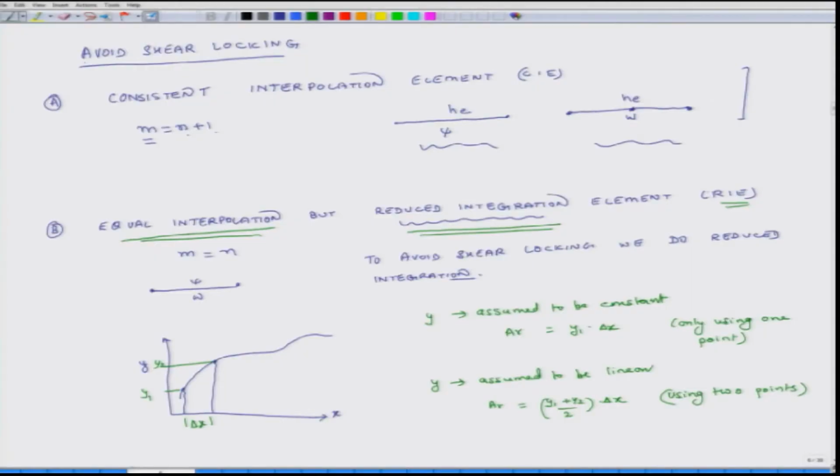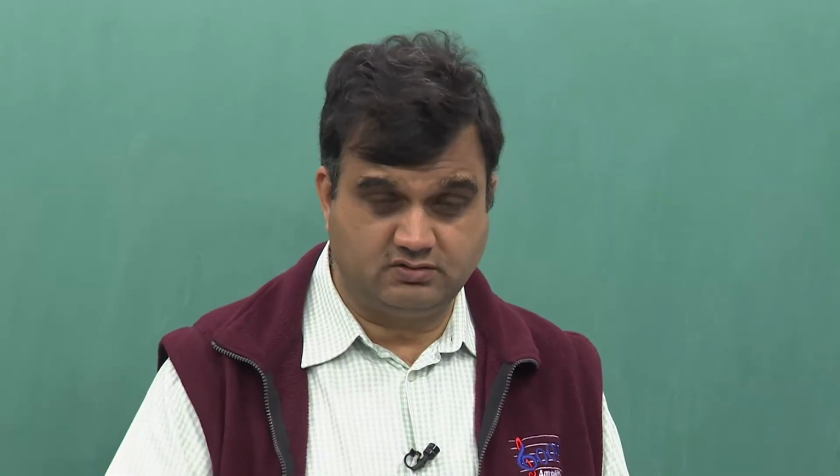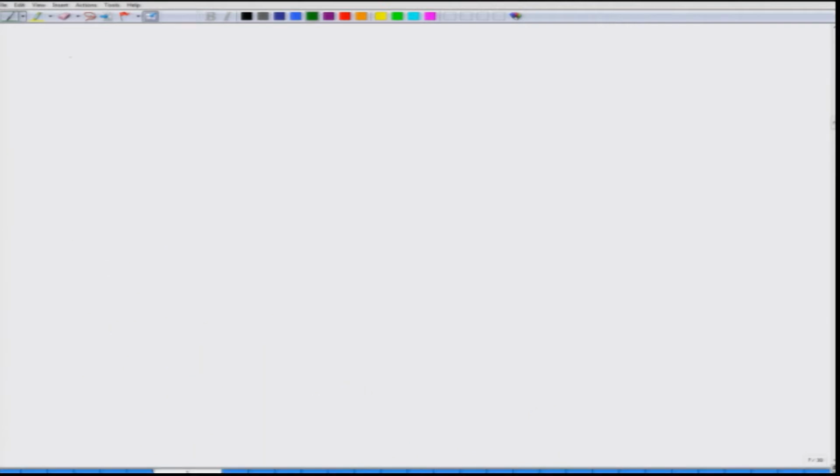So, in one of our earlier classes, we had seen the weak form of the two equilibrium equations, given here. Using these weak forms and these interpolation functions, we will now develop the stiffness matrices for the entire system. That is what we will do. We will start with the first equation. So, corresponding to the first equation, we get